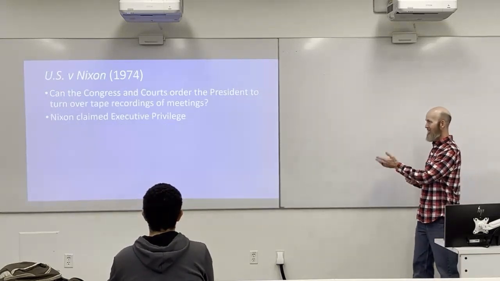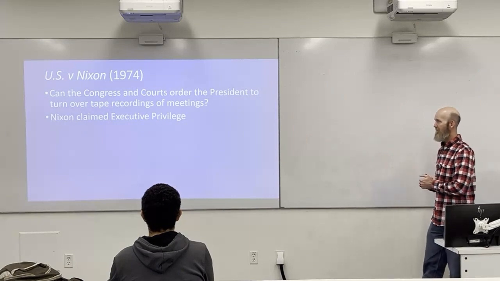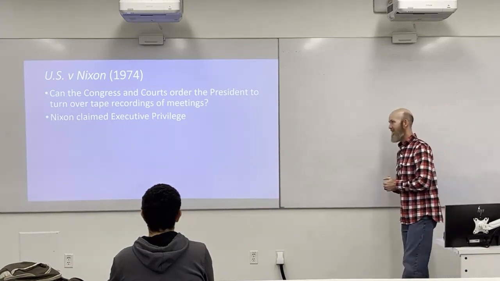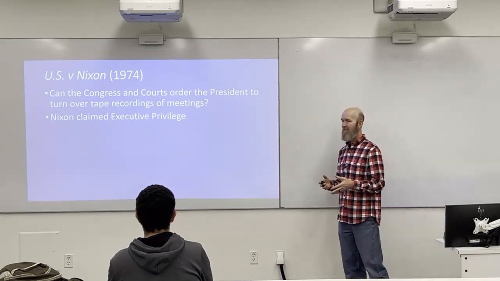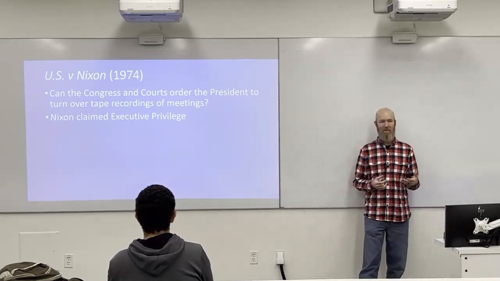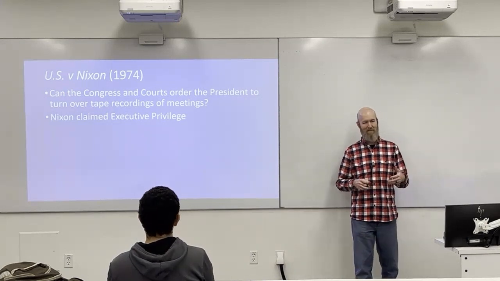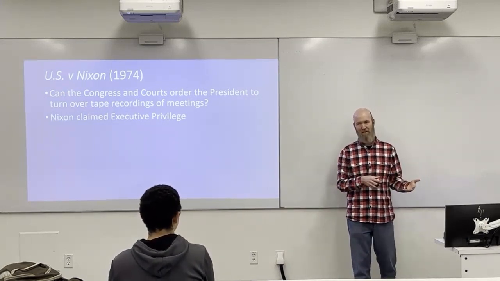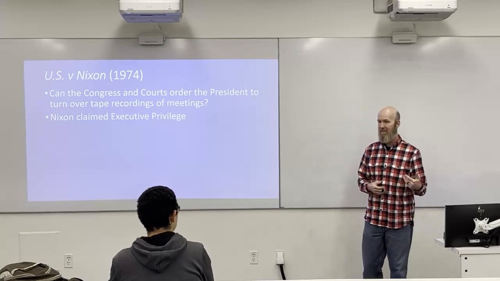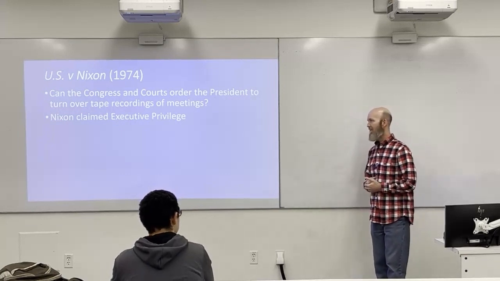A year later, 1974, we have United States v. Nixon. This is President Nixon. President Nixon was being investigated as part of the Watergate scandal. If you know much about Watergate, some of Nixon's aides had broken into the Democratic Party's offices, got caught, and during this whole investigation, it was leading up to potentially Nixon